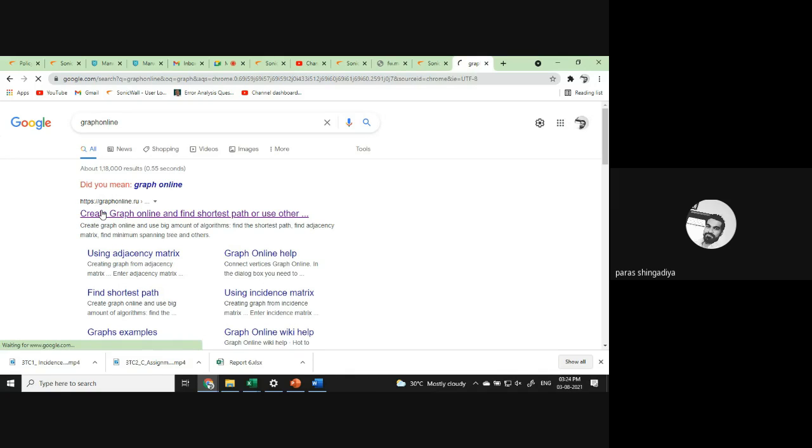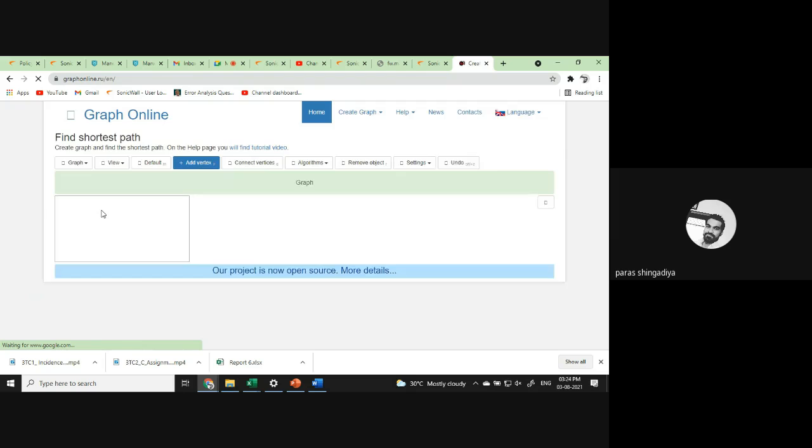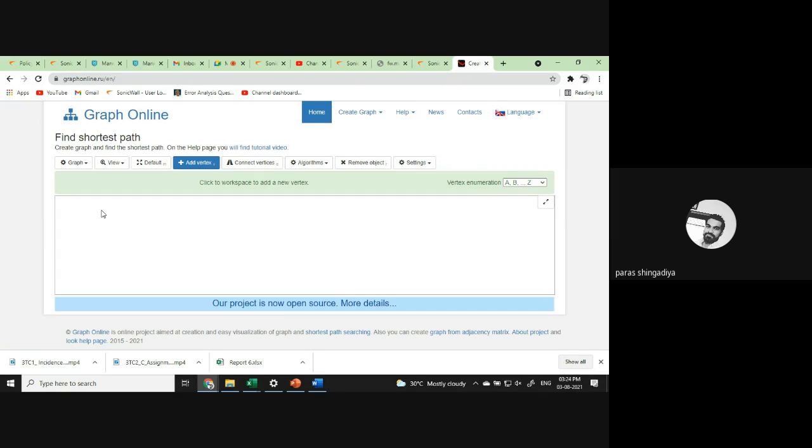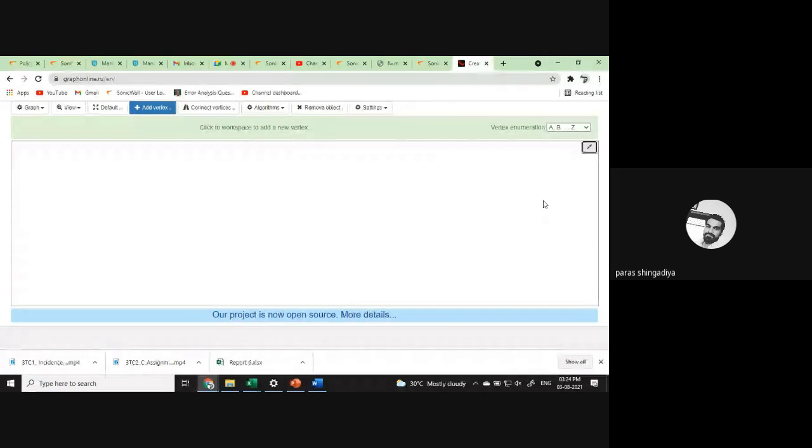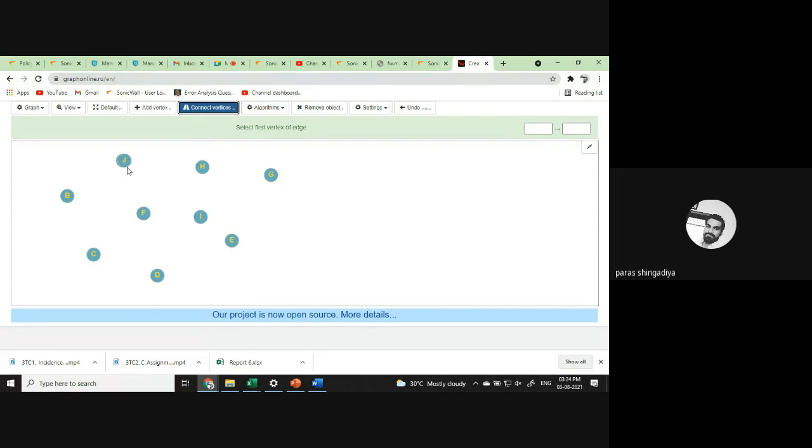We can use this online graph tool for checking shortest path, then minimal spanning tree, to verify Hamiltonian, to verify Euler. To create an Eulerian circuit or Hamiltonian circuit, we can use this tool to verify the answer, and also to derive the answer. But here we can also use it to check the adjacency matrix for any graph with any number of vertices, any number of edges. So let's draw one arbitrary graph here, and then we'll check the answer. Clear? I meant create any arbitrary graph here. That is not standard. It is not a fixed set.